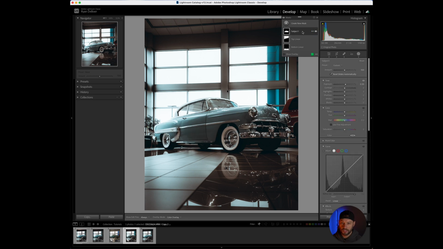So in this case, all I did was turn the exposure up, and that's what makes the car pop just a little bit more. We still got the same color, and we're going to change that with the next mask. So let's go back over,